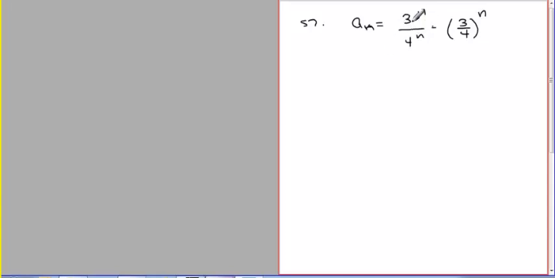This is an example of a monotonic function, meaning that if you plotted a sub n as a function of n, you start out at 3/4, so say it's 1. So you start here, and then it would get lower and lower and lower. It's always getting lower. Okay, so it is monotonic. And theorem 9.5 says if a sequence is bounded and monotonic, then it converges. So it is monotonic. Now, as far as bounded,